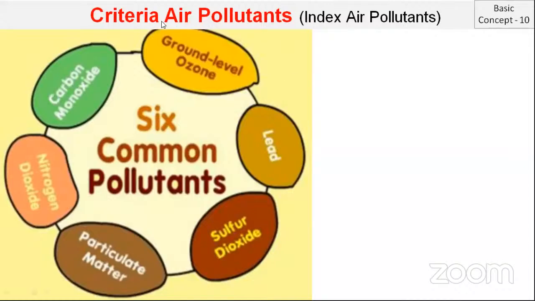And that is very, very important for us to put some control measures and also learn about the quality of the environment that exists. So that is the reason why we have 6 criteria pollutants. This is categorized by an agency called EPA, Environmental Protection Agency, which is the American agency, and more than 170 countries have accepted that if these pollutants are present, we can say that particular region is polluted. So EPA has defined these criteria pollutants, and that is the reason why these pollutants are continuously monitored